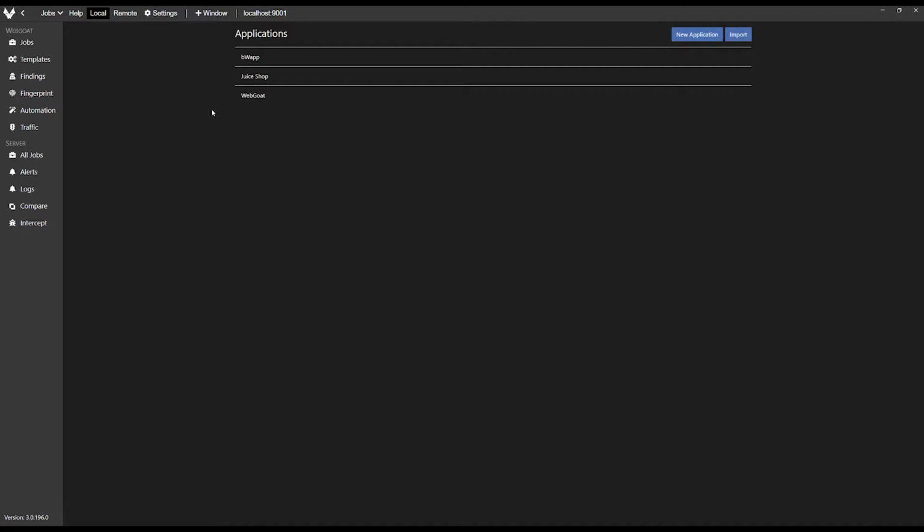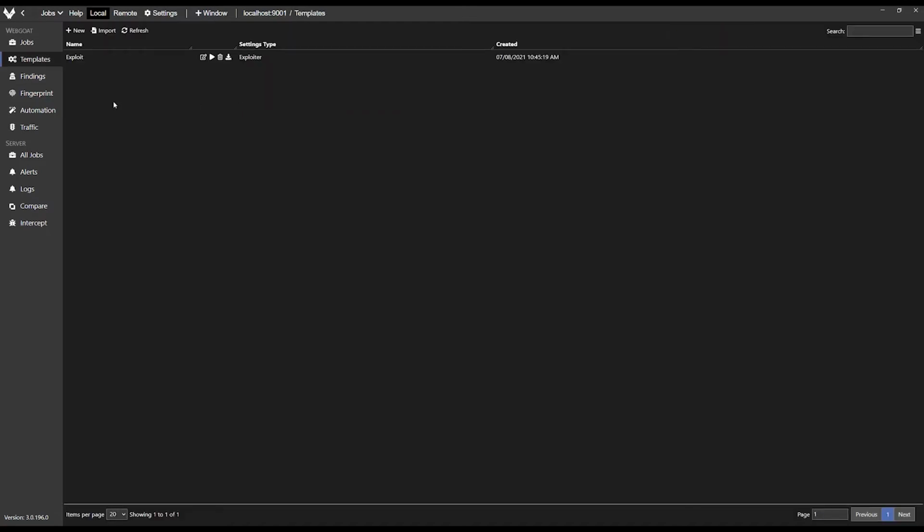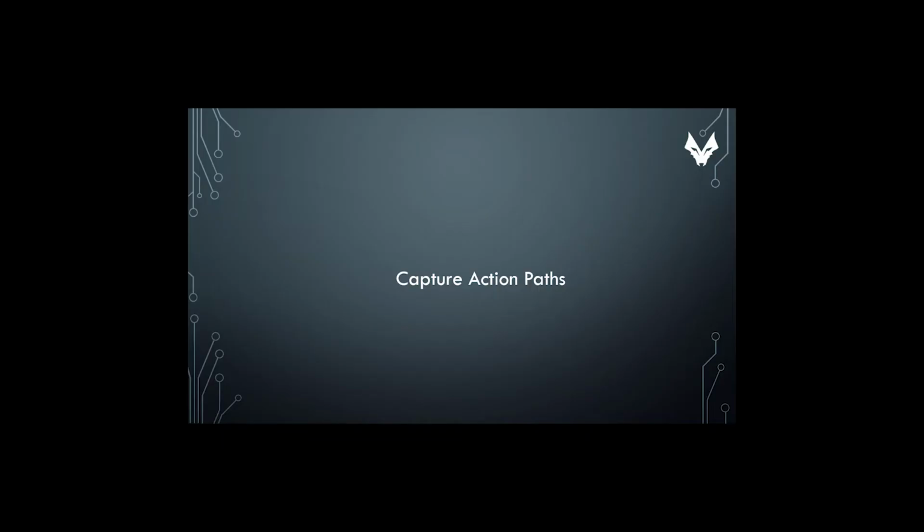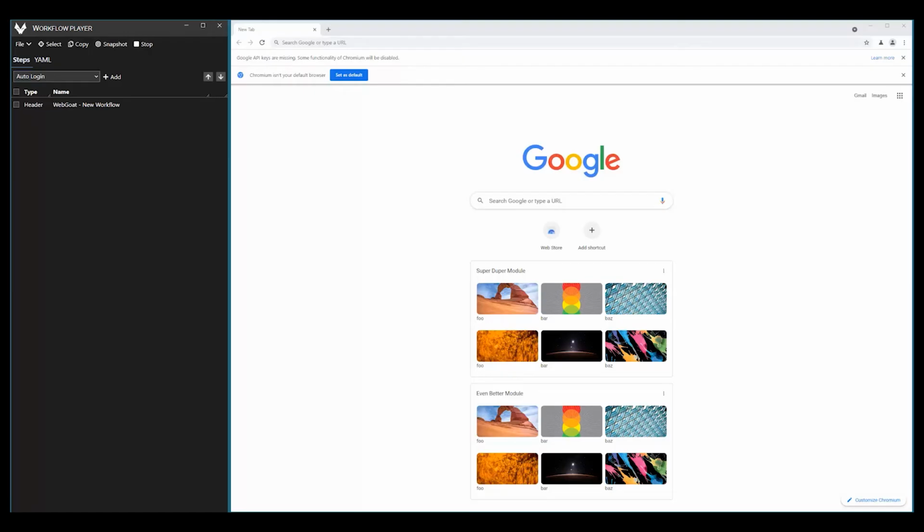example. To begin recording, what we do is we click WebGoat on the Venari landing page. Then we go to the Automation tab, and we see this record button, and simply click it. The workflow player will launch on the desktop and open up a browser to the right of it, taking up